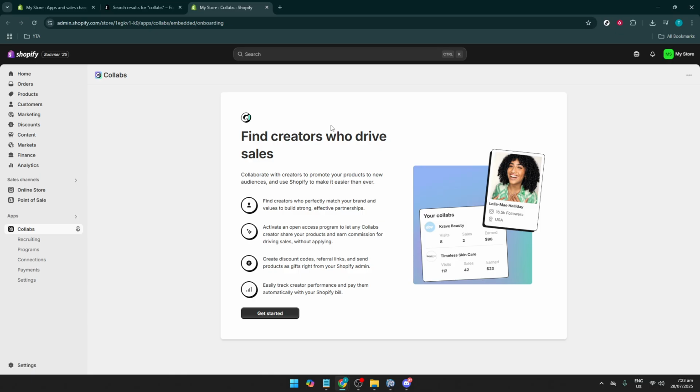By following these steps, you've expanded your store's capabilities with the Collabs app, which advocates smoother partnerships and collaborations for your business. Feel free to explore the app and integrate its features